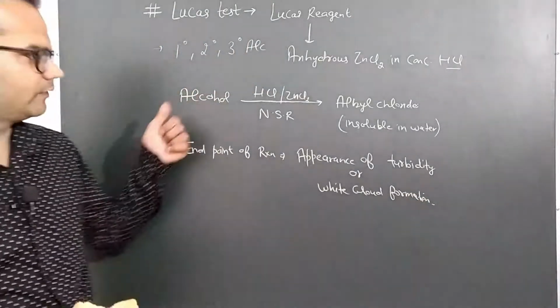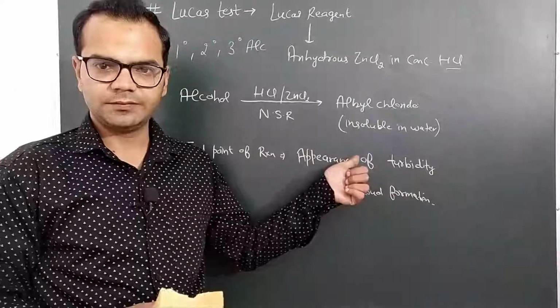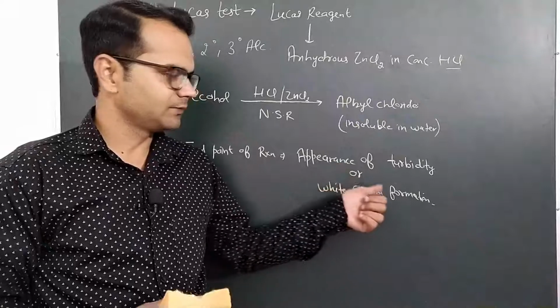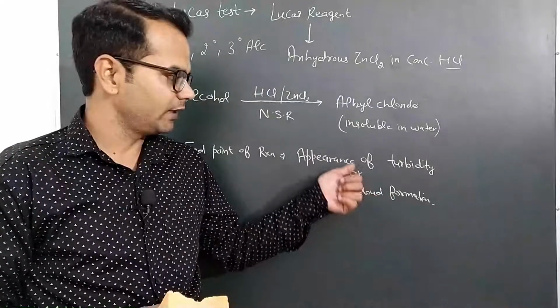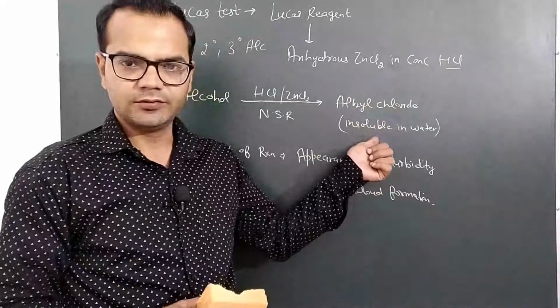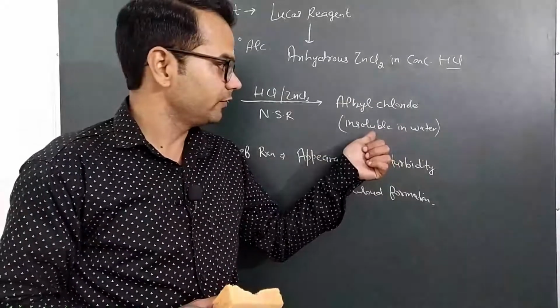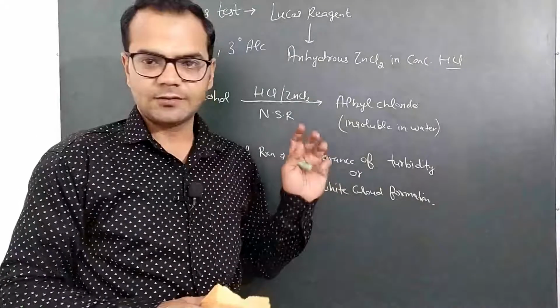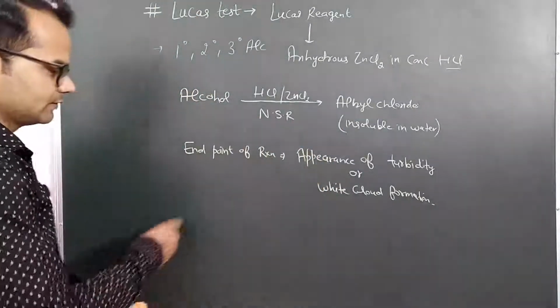So the end point of this reaction is appearance of turbidity, or white cloud formation. And why turbidity appears? Because alkyl chlorides are insoluble in water. So if there are three types of alcohols, we have first